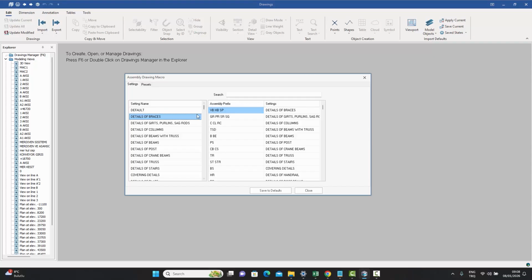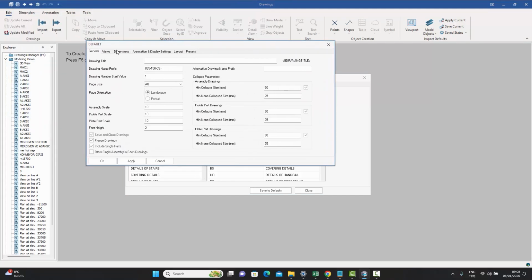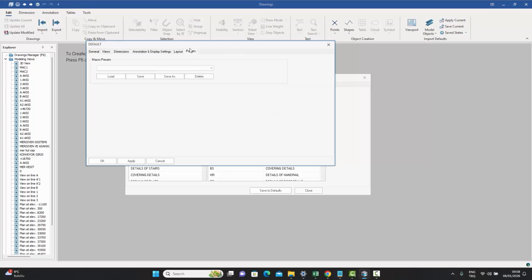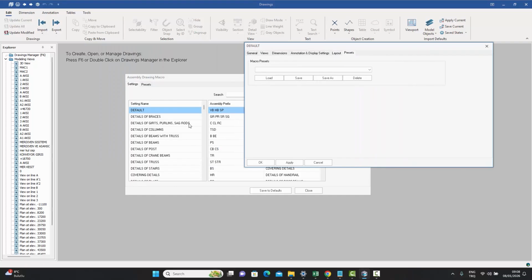Now in this version, on the left hand side we have the settings, and we can have as many settings as we want. But what we've done in this version is that if you click on any one of those, it doesn't matter which, you go inside that setting and can modify it. And over here, we've created a new ability to create further presets. While these were also presets, or settings as let's call them, which were used according to the assembly prefix,